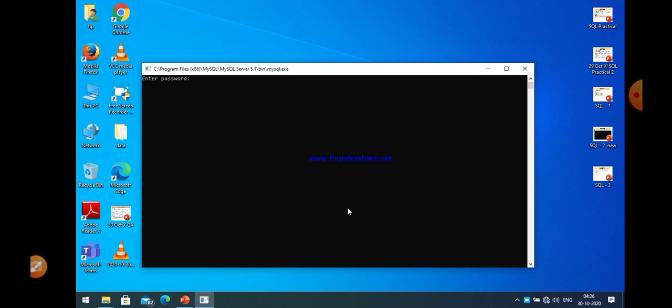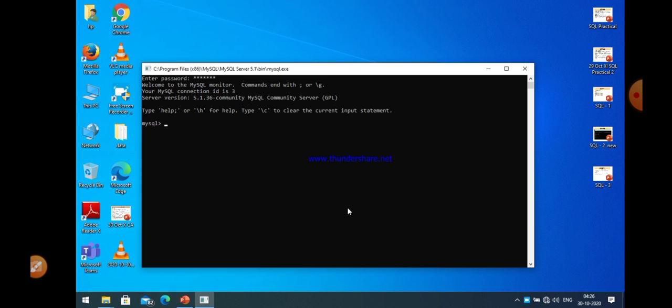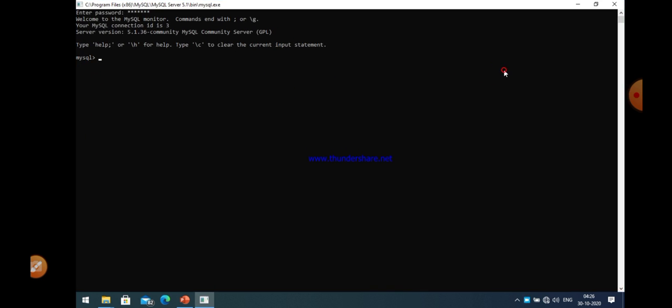You can easily see that this is MySQL. First of all, you have to enter your password. Then you can easily see here the details of MySQL are given on screen. After that you can